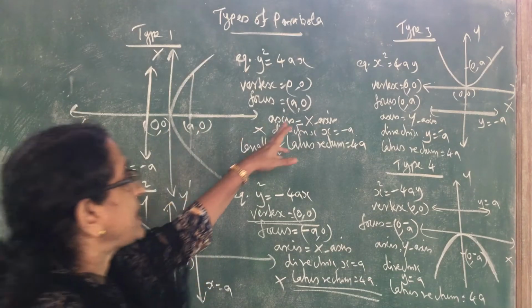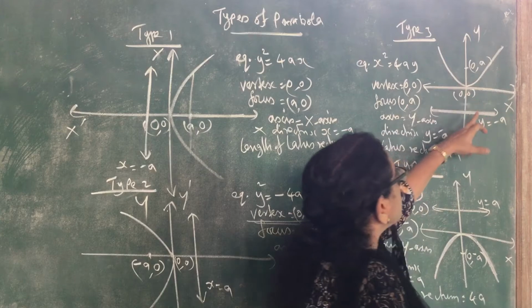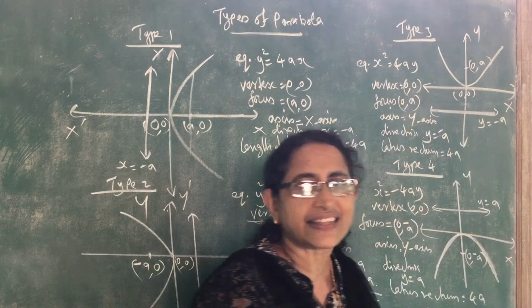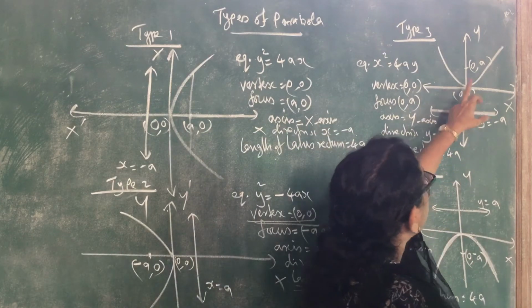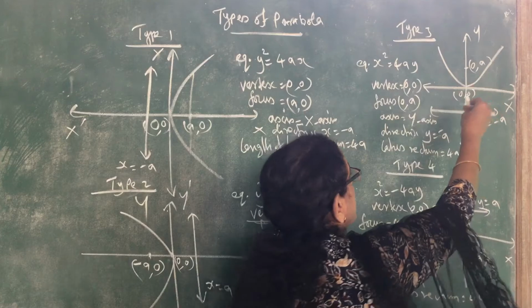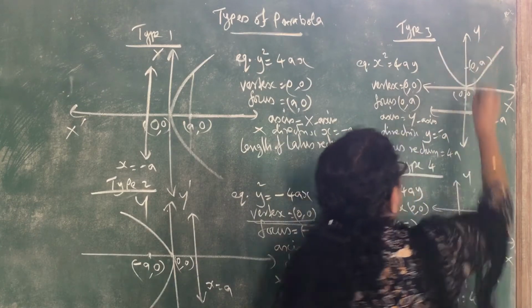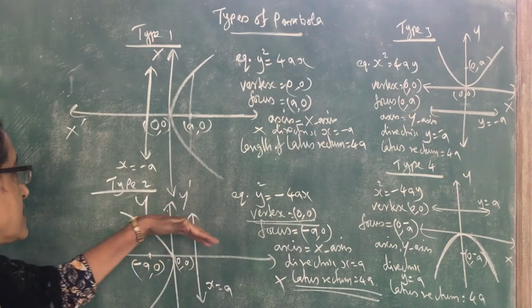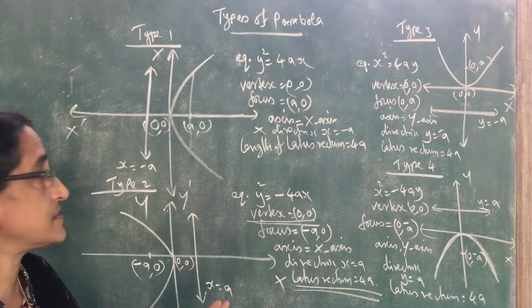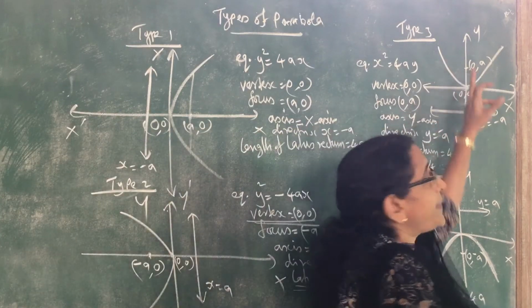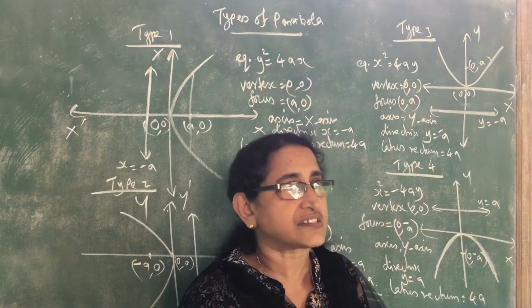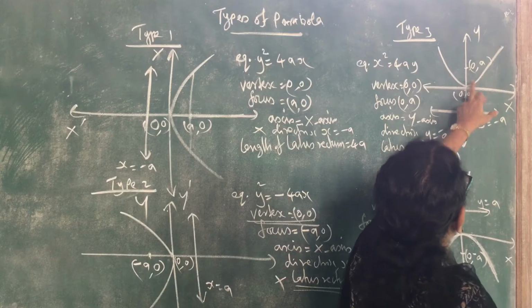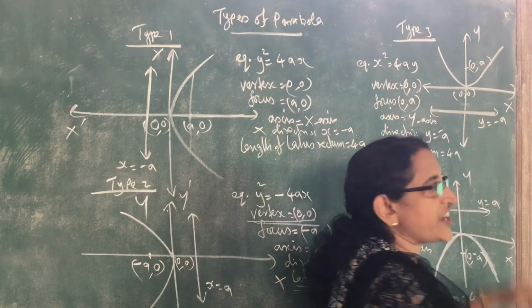Now the third type of parabola is this one. Here this is the x-axis, y-axis, and the vertex of the parabola is at the origin, and the focus is inside. Here the focus is inside, on the y-axis. In the first 2 cases, the focus lies on the x-axis. Here the focus lies on the y-axis, so the coordinates will be (0, a). It is a point on the y-axis, therefore the x coordinate will be 0. So (0, a) is the focus for this parabola, with vertex at the origin.